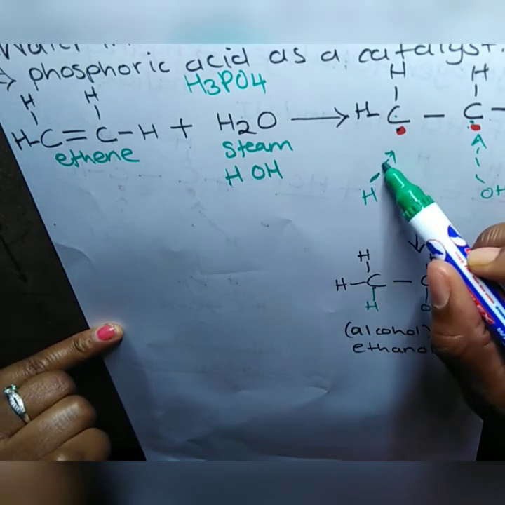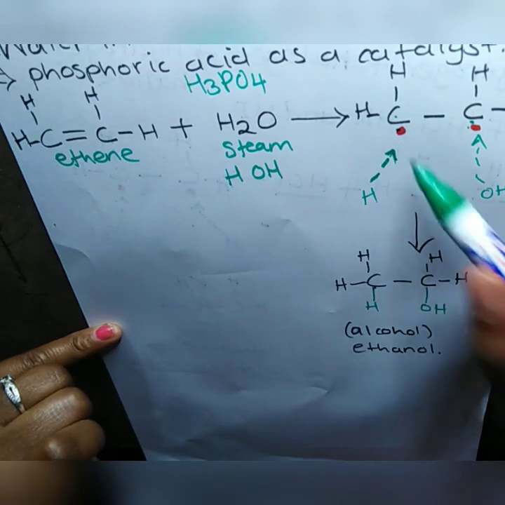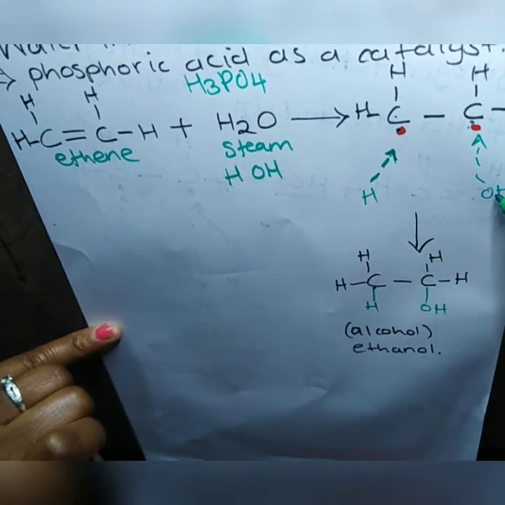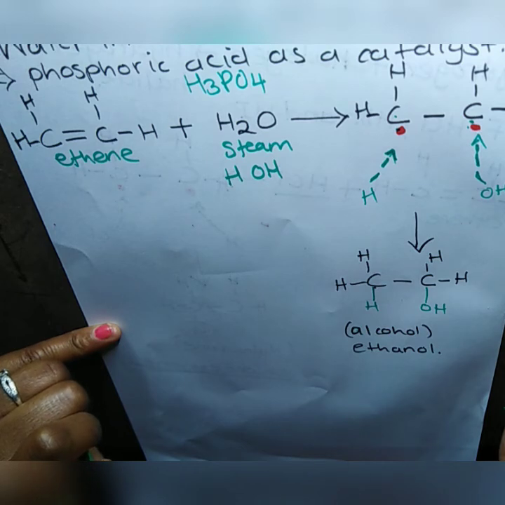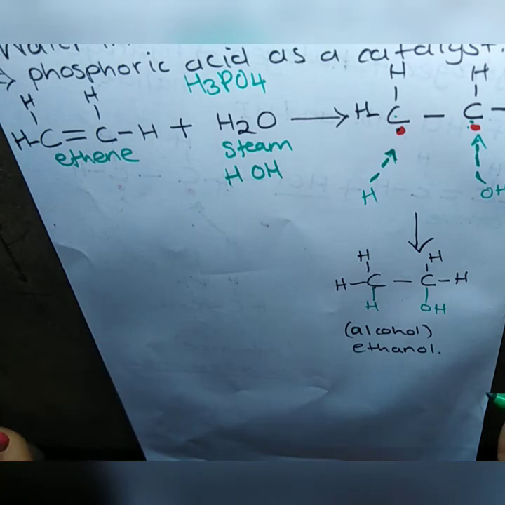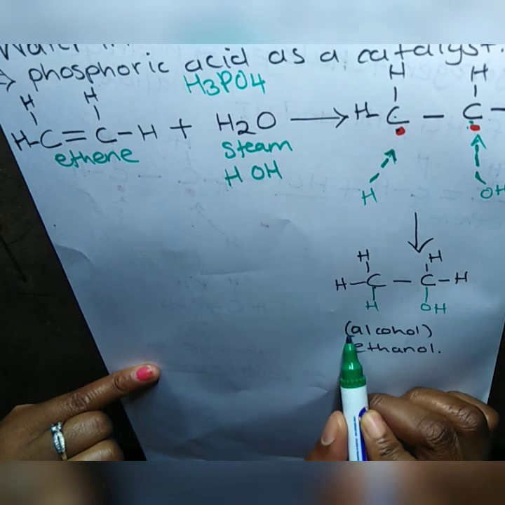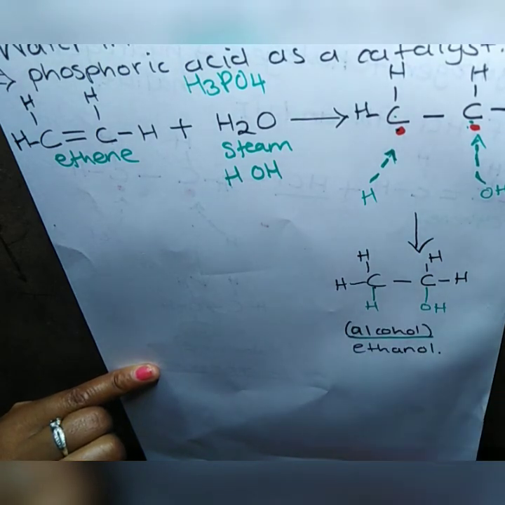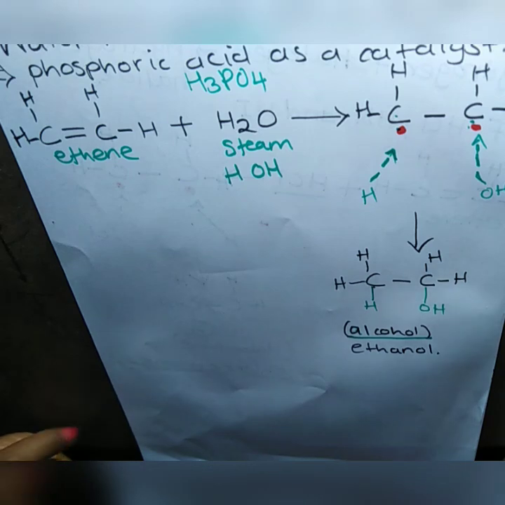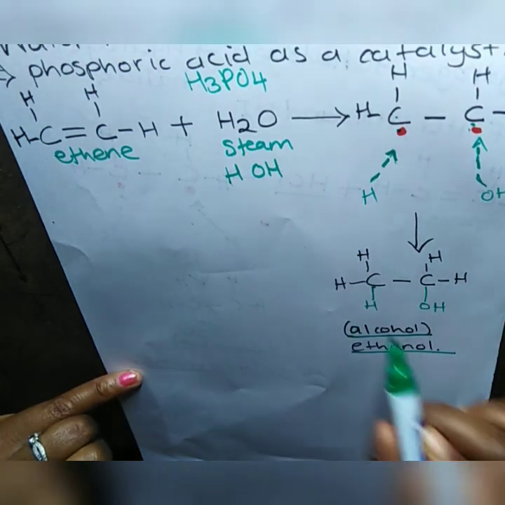One hydrogen will go and bond with that carbon, and the OH goes to bond with that carbon. So at the end of the day, we have our stable molecule, which is an alcohol. It's an alcohol because we have an OH group. And what's the name of the alcohol? It's ethanol, 2 carbons,